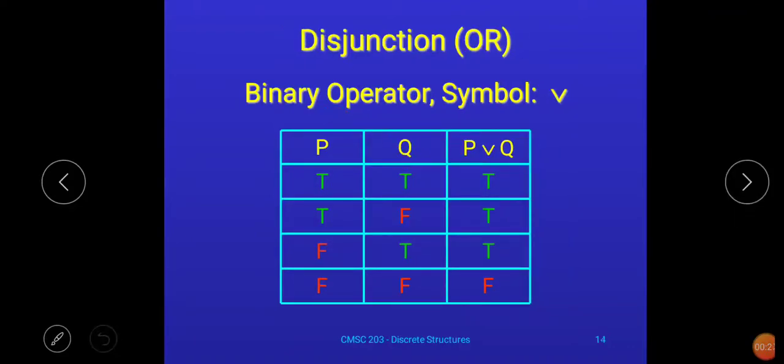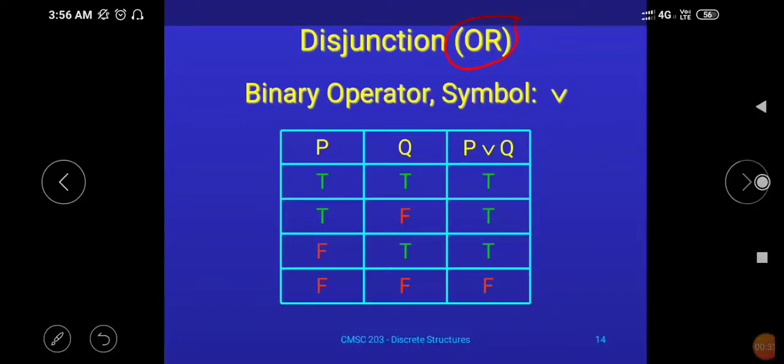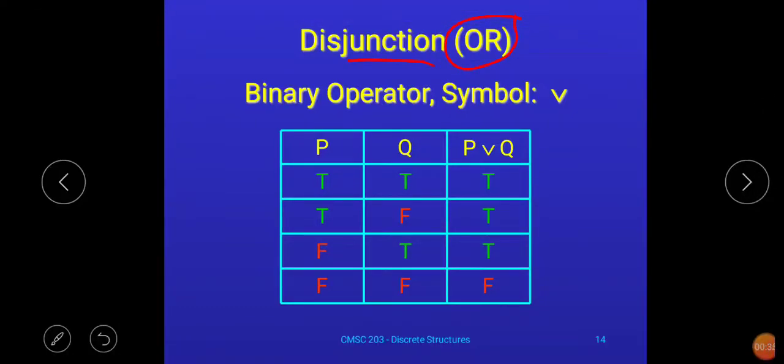Now in this session we'll discuss the next truth table, that is the truth table of OR, also called disjunction in DSGT, and it is denoted by this symbol. Like AND, OR is also a binary logical operator, because for implementing OR we require minimum two propositions. As we discussed in case of AND, if you are dealing with two propositions, then we have to follow this structure: for the first proposition TTFF, and for the second proposition TFTF.